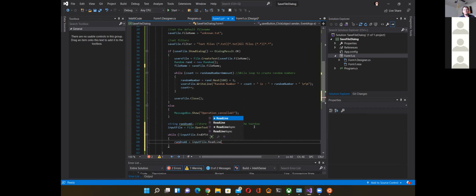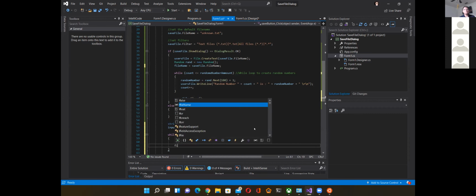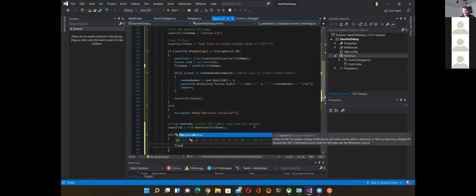Read the line. Remember, it's a string that I'm reading, not a number, because it's coming from a text file. Not to mention the fact I think I concatenated a bunch of text with that number as well. So